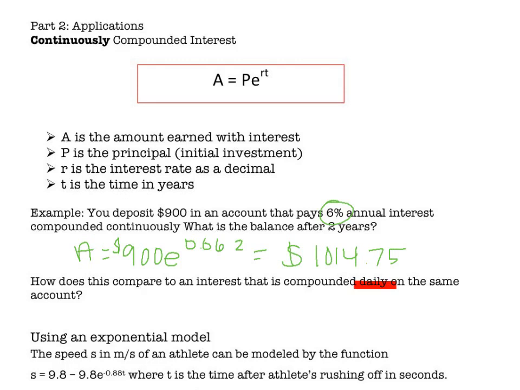So if we're looking at this, this is daily. We're going back to that other formula, which was the principal times 1 plus the rate divided by the number of times it was compounded, raised to the n times t power. So in this case, that will be 900 times the quantity of 1 plus 6/100ths over 365, raised to the 2 times 365th power. And if I do the math here, I get something very close, which is